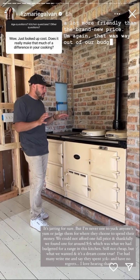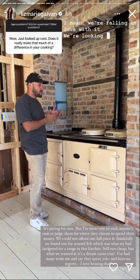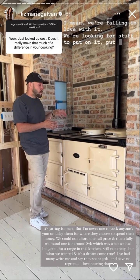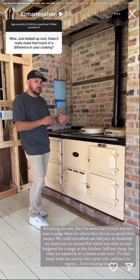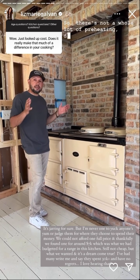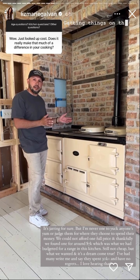Is it worth it as far as cooking? I mean, we're falling in love with it. We're looking for stuff to put in it. So there's a griddle. Something's always ready to go. So there's not a whole lot of preheating, debating. You know, when we're running around chasing a 4-year-old, getting things on the oven and cooking right away is